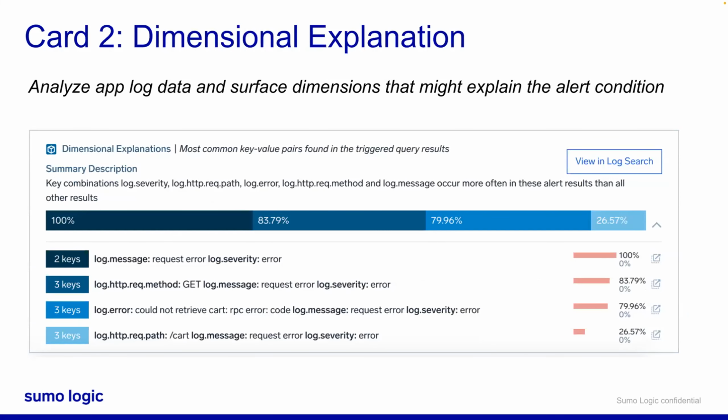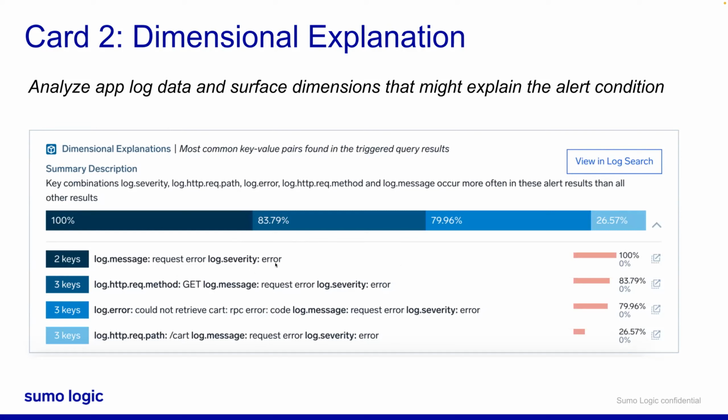Okay. The next one is a card called dimensional explanation. Here, the system analyzes log data and surfaces dimensions. These are the fields in your log data that might help explain an issue, right? So for example, this card is telling us that the error started happening while talking to the cart service, and 80% of the logs that have the word error in them are associated with the underlying issue. So,